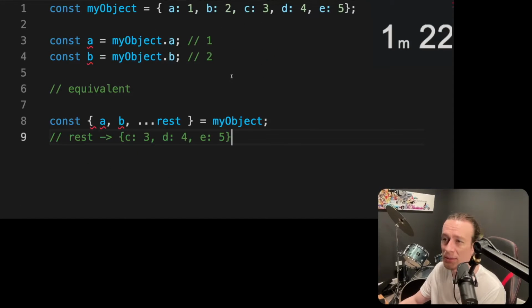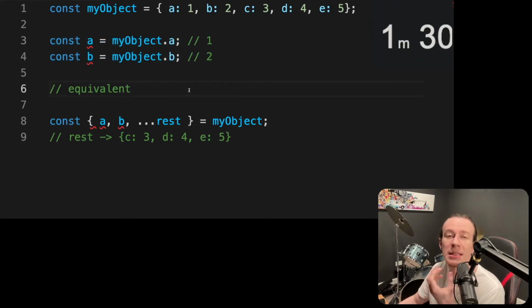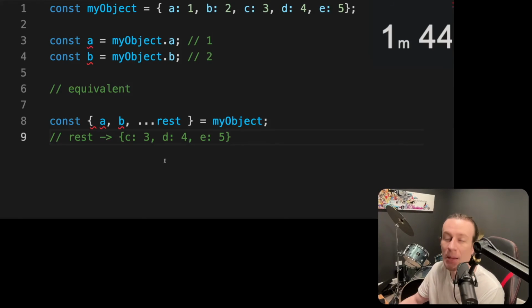And similarly for objects, this is the traditional way of extracting values from it. And with destructuring, the equivalent is this. However, in this case, you cannot name your variables however you want. Those fields here, A and B, have to exist in my object. But also